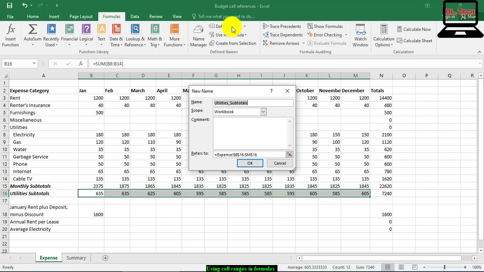The New Name dialog box appears. See this figure. Excel uses the row heading as the range name. So in the Name text box you can change the name if you like. For the exercise, leave the default name.